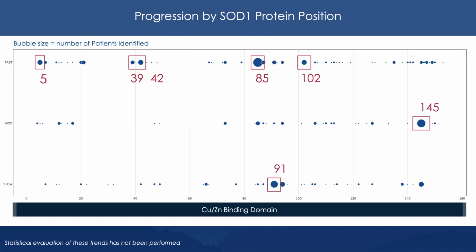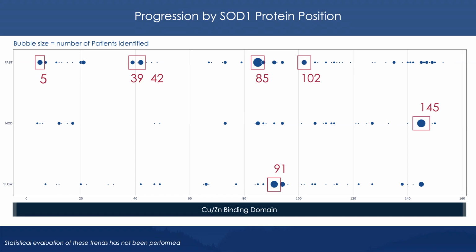So that lends credence to the reliability of the other data that I'm presenting here, most notably that variance at the 91st position in SOD1, which overall is associated with a sort of uniform distribution of rate of progression, just like all familial ALS patients have in their distribution. In contrast, patients with a mutation at the 91st position in SOD1 have a slower course, with a significant number of patients demonstrating that trend. And so again, without going into any biochemical details, this may suggest that